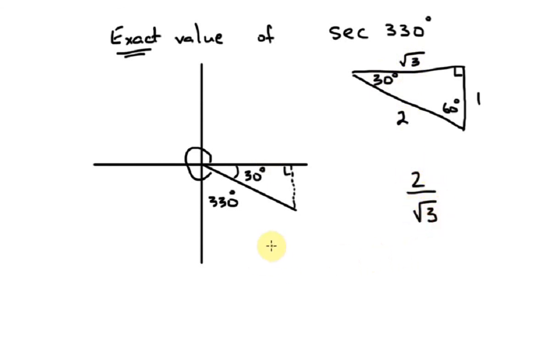And then I have to decide, is it positive or not? The CAST rule says cosine and its reciprocal stay positive, so guess what? Leave it as positive, and that's my